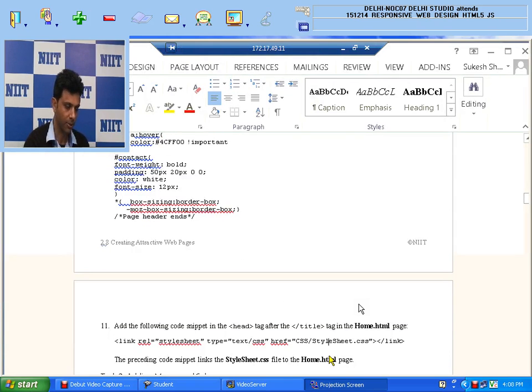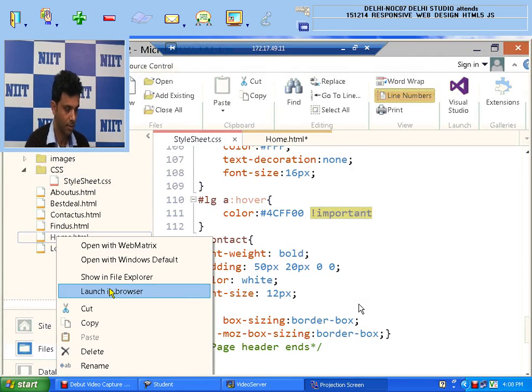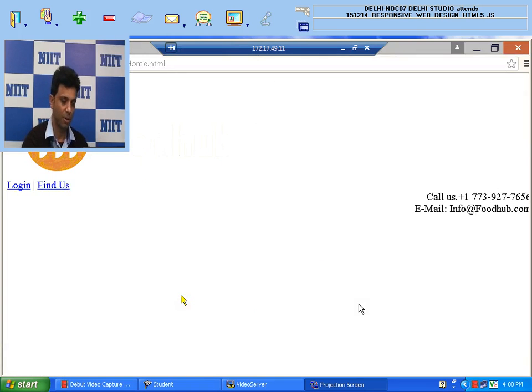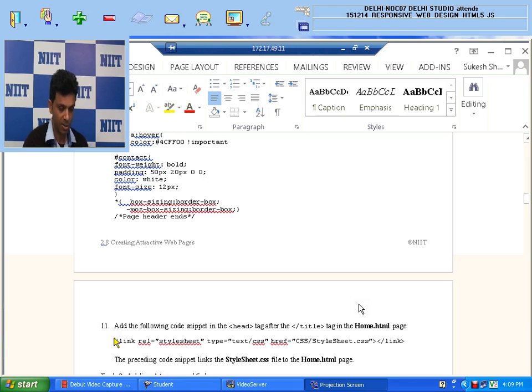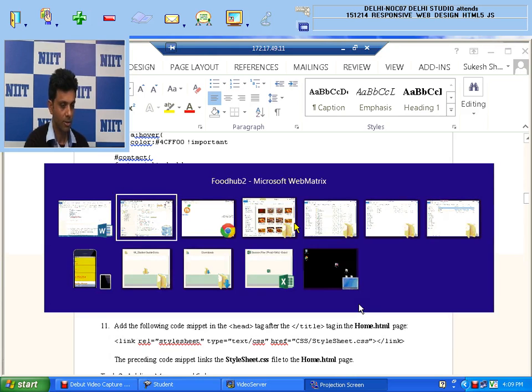Now you can see here, if I try to run this page for the time being, CSS is not applied yet. Why? Because I need to add the reference of my CSS in my HTML page. So I will write the reference. You need to add it after the title tag in the HTML page. So this is your